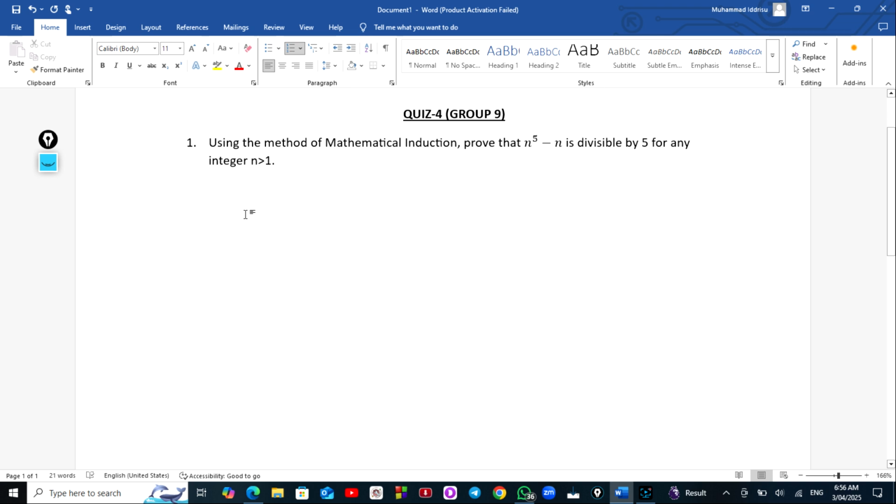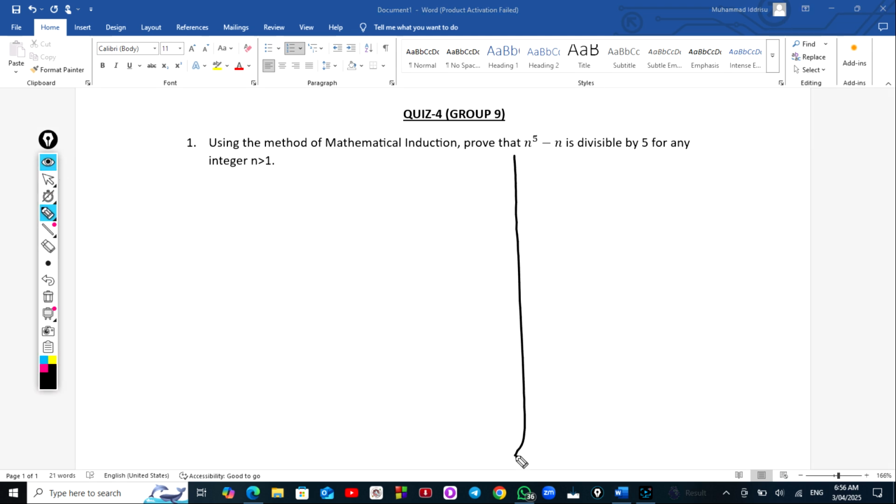So the question is, using the method of mathematical induction, prove that n to the power 5 minus n is divisible by 5 for any integer n greater than 1. Okay, so let me divide my screen into partitions so that we can use the partitions. So here our solution